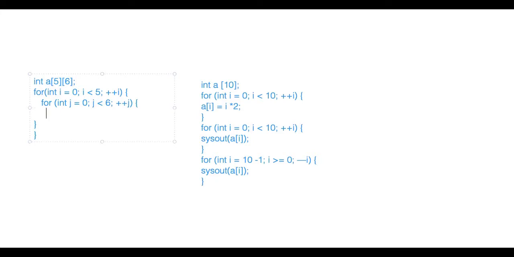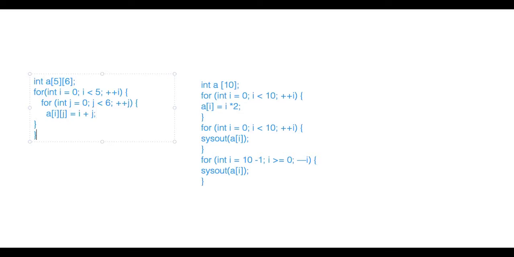It will be like, because first of all the row comes. So first A of i and then j, right? And it will be like what? A of ij equal to, suppose we can write anything, for example, i plus j. That's all. We are just using an example here.